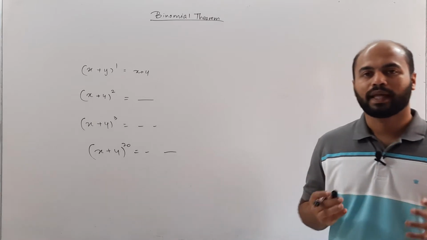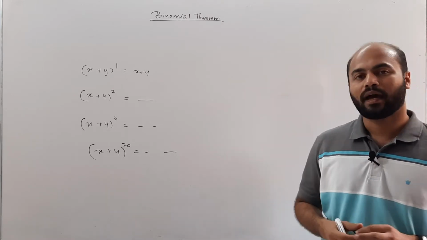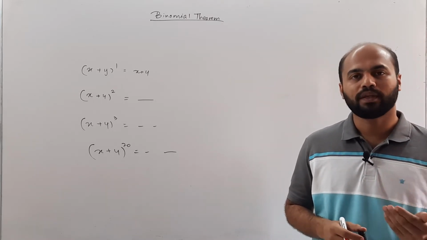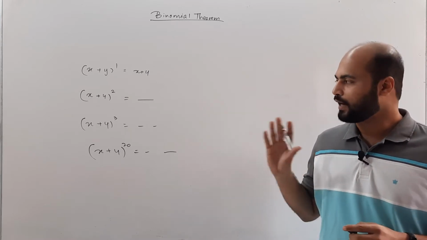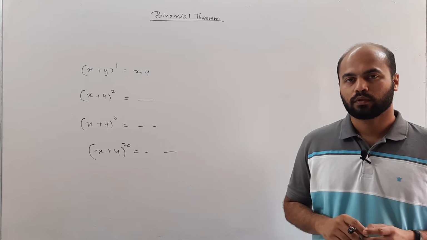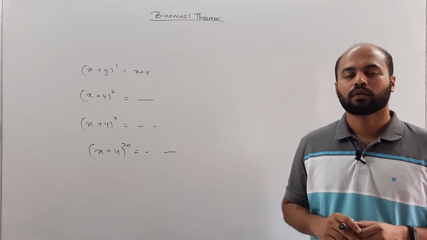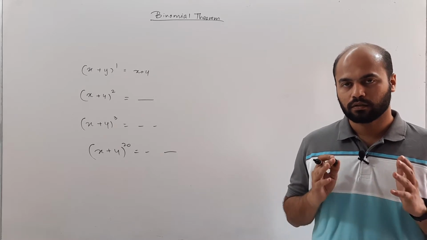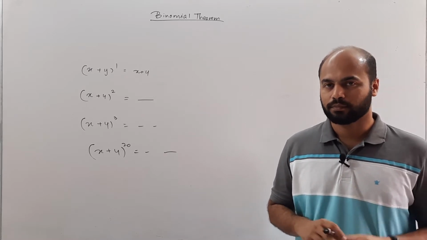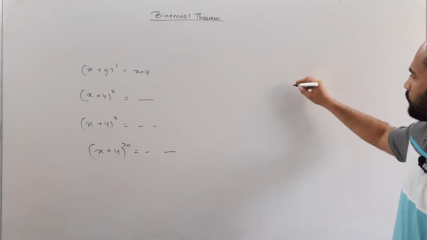So there is a particular technique to do this, and with the knowledge of combinations, that is the knowledge of permutations and combinations, we can of course handle this. So a few years ago, mathematicians devised a technique that's called Pascal's triangle. So Pascal's triangle is something like